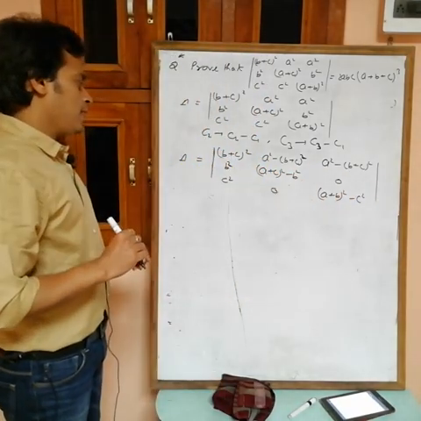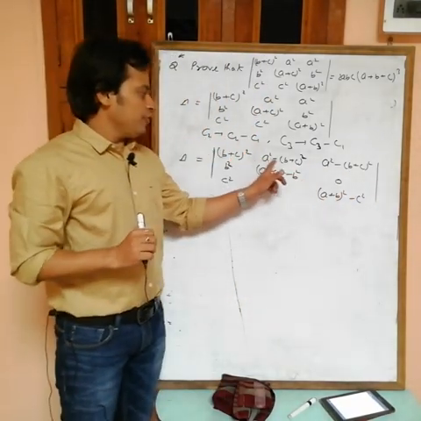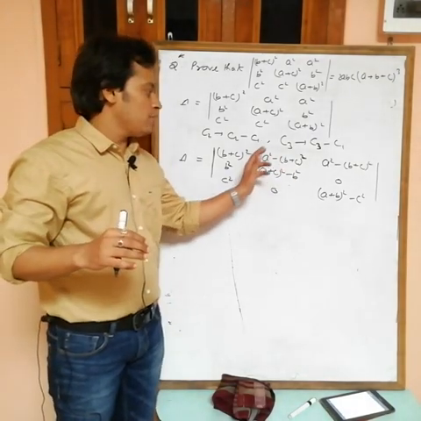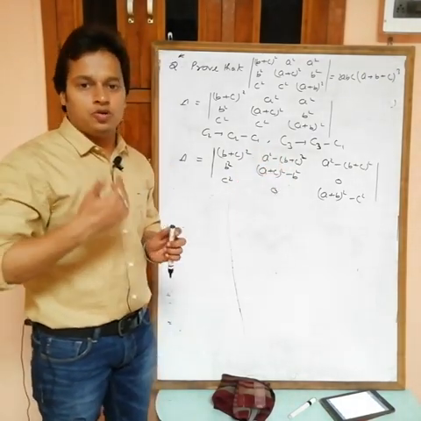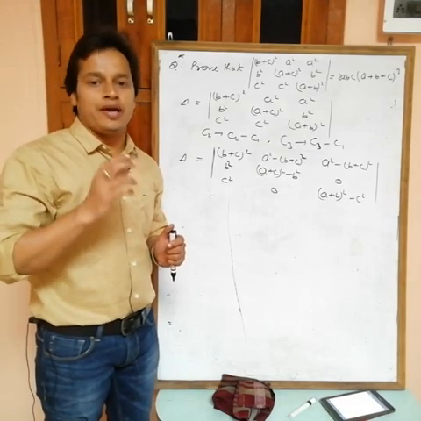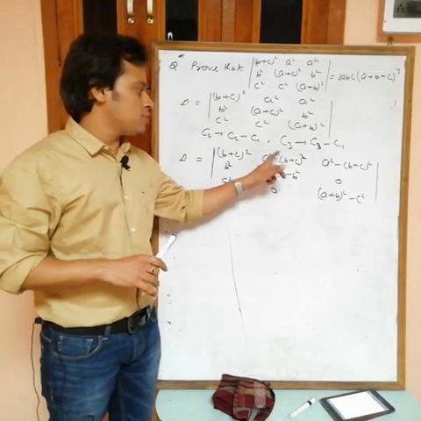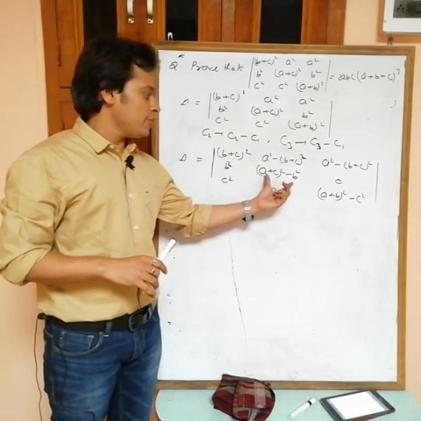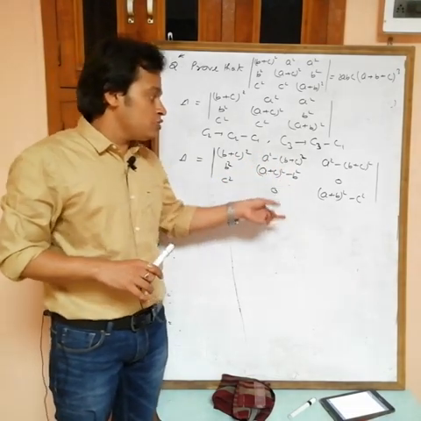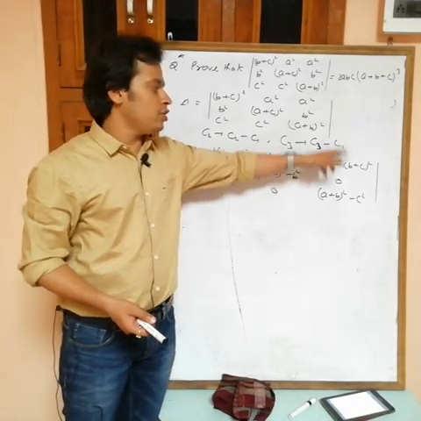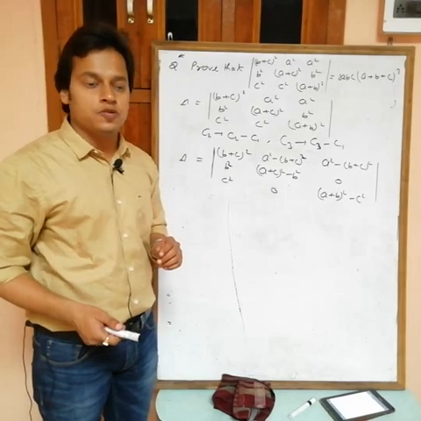Okay, now for this one, this is like a square minus b square, or x square minus y square. Then we have two factors, x minus y and x plus y. Check x plus y, what will you get? A plus b plus c. In this one, x plus y is a plus c plus b. So from this one I can take common a plus b plus c now. Similarly, you can take common a plus b plus c from this one, okay?